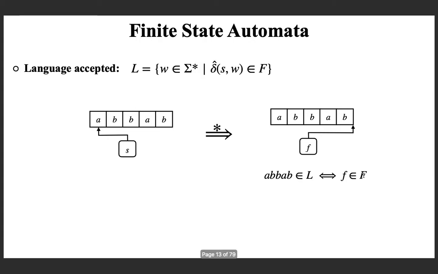And formally, you can say that the language is the set of all input strings W such that the processing of the input string W from the start state ends in a final state. Hope you remember the extended transition function definition, and using that we define the language accepted. So, this is the first class of automata that we discussed, and the next class of automata that we have discussed was about push down automata.